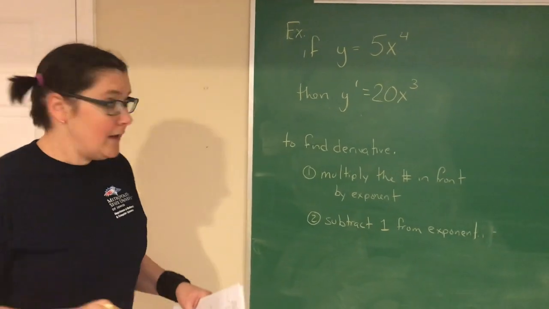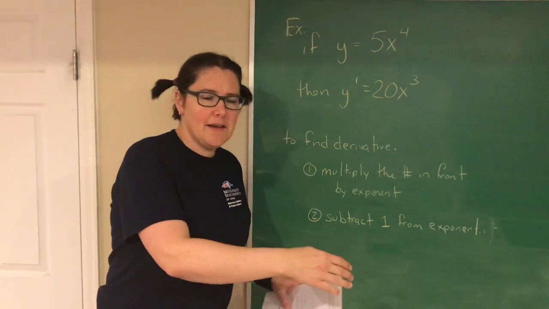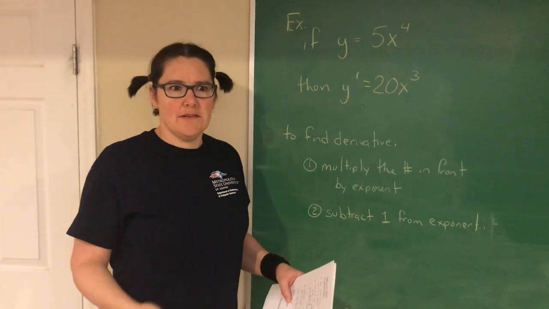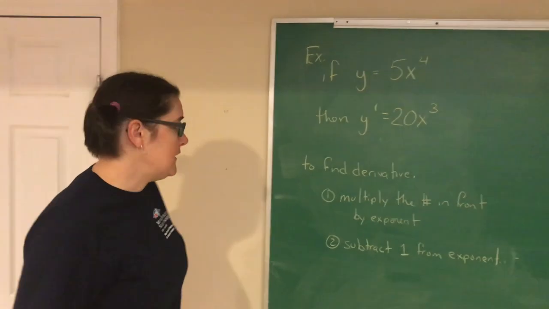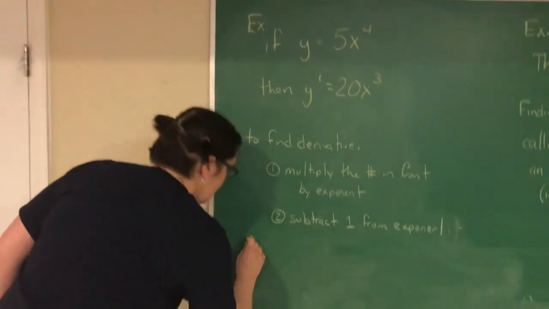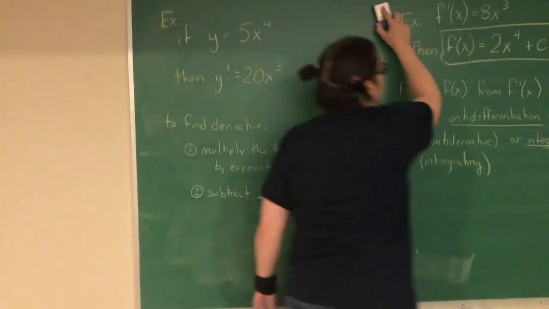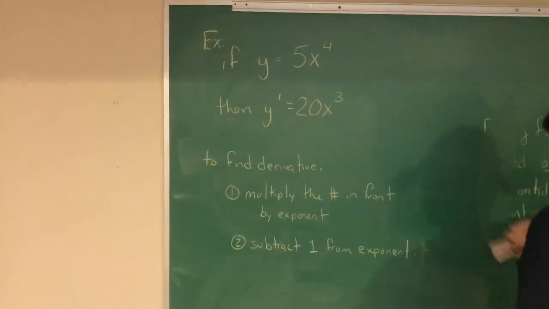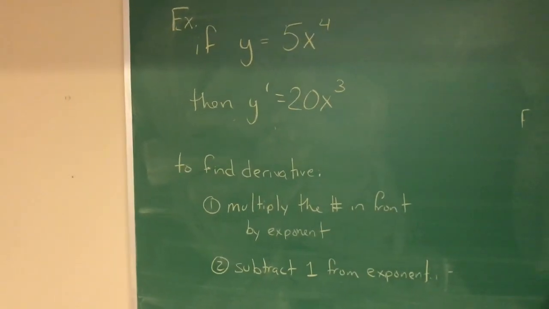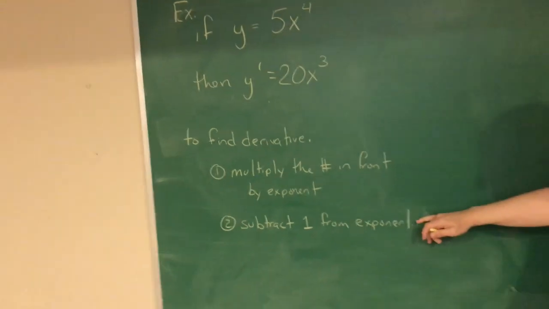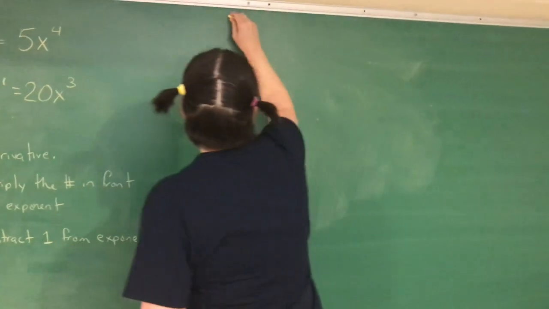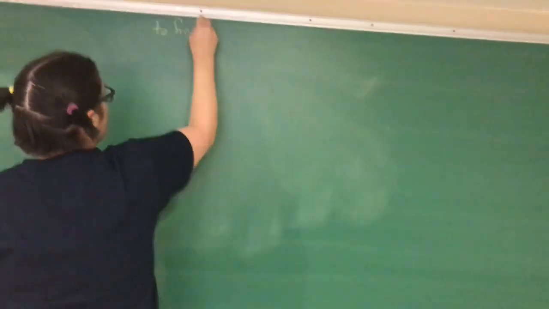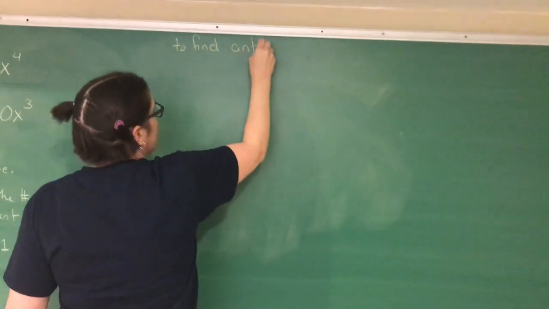Now, like what I talked about when you went to your friend's house and then you had to undo the list of instructions to get there, we want to undo this process of finding the derivative. So to find the antiderivative, or to undo this process, we're going to start at the bottom of this list and undo or do the opposite of each step. So to find an antiderivative,